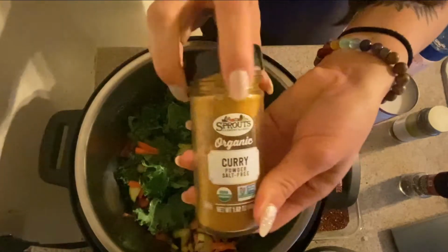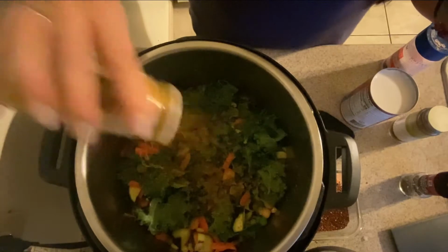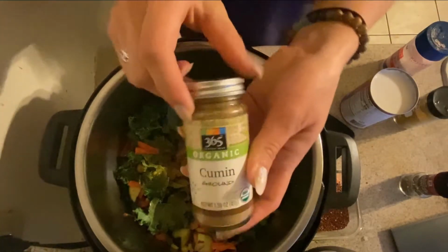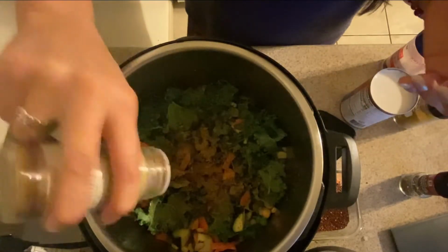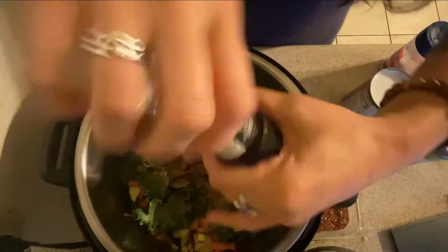And then next, you're going to put in your seasoning. We're starting off with some curry powder, and we're putting about 1/4 teaspoon of all of these. I personally eyeballed it. Next of all, we're putting in some cumin, black pepper,